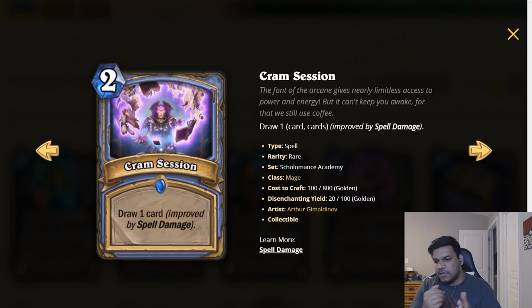I think the spell damage Mage archetypes, both the tempo spell damage Mage and the OTK burn spell damage Mage, really like this card. This is essentially, if you play the 1 mana 1/3, a 2 mana draw 2 in Mage, which is kind of nutty. And if you have multiple spell damage, this very easily gets to Divine Favor levels of insane card draw, which is good. Not something that Mage really needs a lot of help with, but